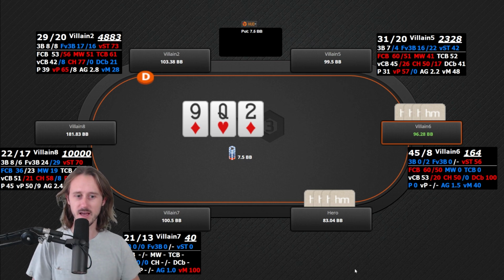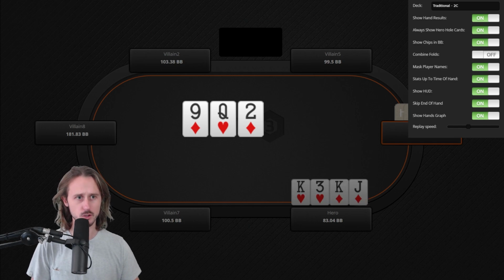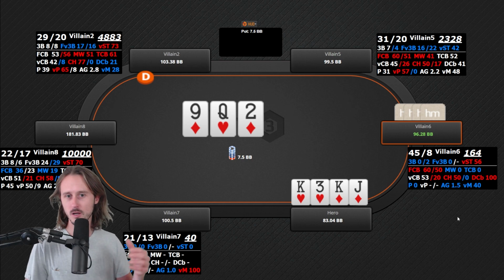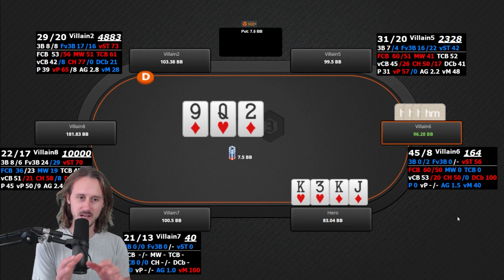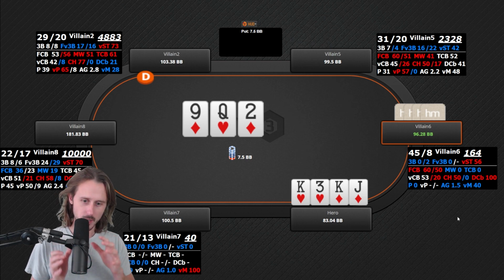You have a specific hand. Let's show the hand in question here. Let's see, we're gonna show my hand. My hand is King, King, Jack 3. So we have a very strong hand because we have a flush draw, a gut shot to the nut straight. We have a backdoor flush draw. So we have a ton of additional things going on. But before answering the question of should we bet or check my hand, let's look into a little bit of